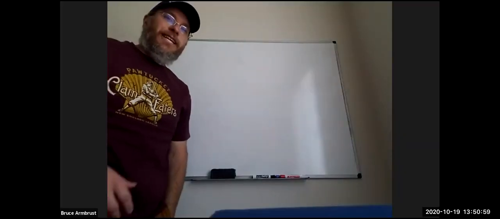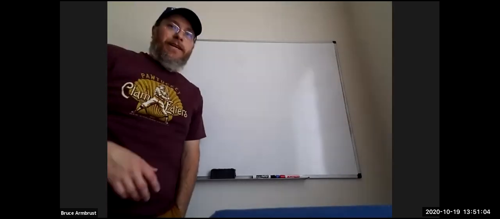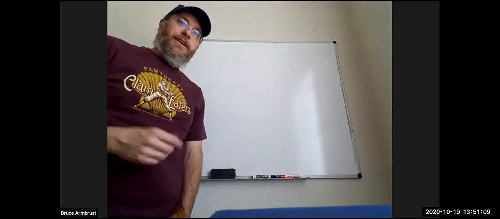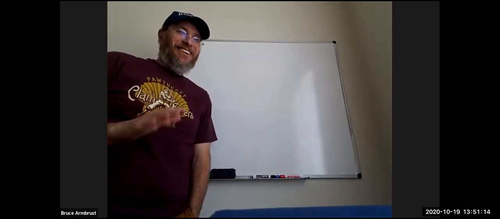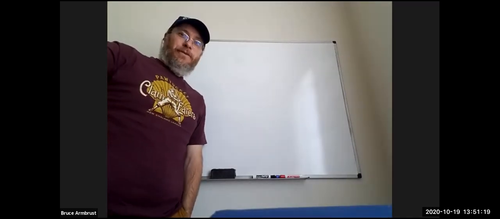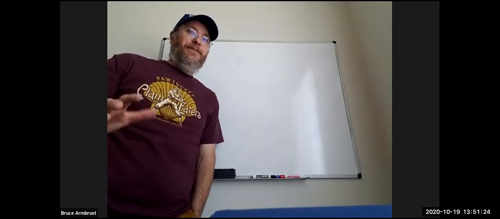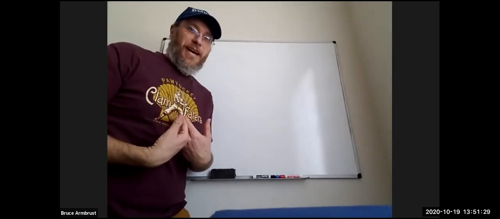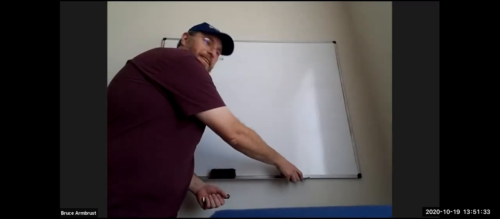So it's funny, earlier today in my other class, one of my students was like, the whiteboard is right behind your desk. We can see it when you're sitting there. How come it takes you so long to get up to the whiteboard? And I was like, okay, well, easy. But then I had to explain, I have to move my computer from the desk over onto a chair so I can still see it, so I can read the chat boxes and so on. So it's not quite as easy as it appears, or I'm just an old slow guy. Yeah, it's six of one, half a dozen of the other. All right, anyway,